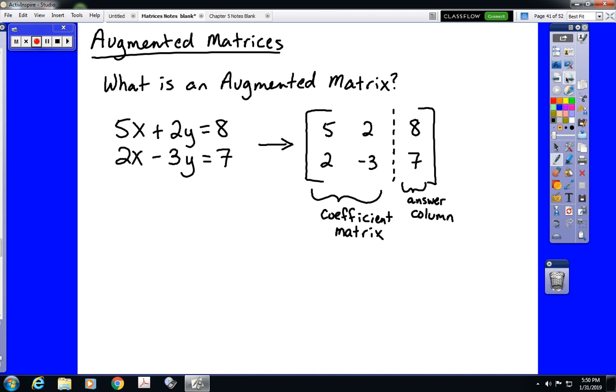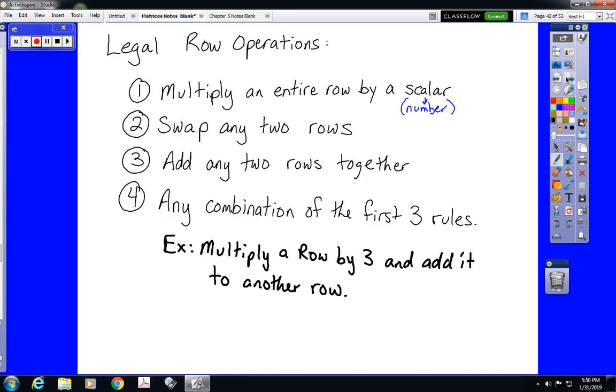So, the legal row operations, there are three of them. You are allowed to multiply an entire row by any number you would like to, any scalar. You are allowed to swap any two rows, because remember, the rows represent equations. You're allowed to switch the equations around if you want to, just like you're allowed to multiply both sides by whatever value you want. And then the third thing you're allowed to do is add any